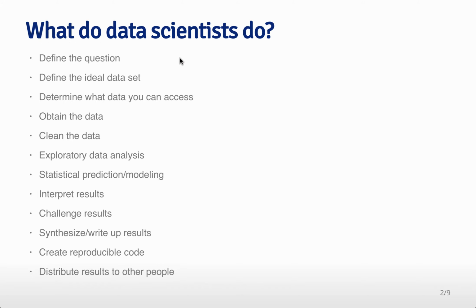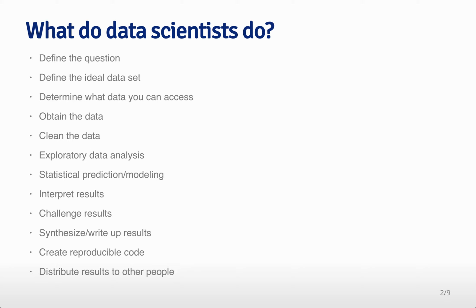So in this course sequence, we're going to talk about all the different components of being a data scientist. So we're going to start with defining a question of interest, and then identifying the ideal data set to try to answer that question, determining if that data is even accessible. A lot of the times, the ideal data set isn't even available. Then ways that you can go out and actually obtain the data, whether it's from a database or from a website, cleaning the data up so that it can be processed and analyzed, performing some sort of exploratory analysis, including